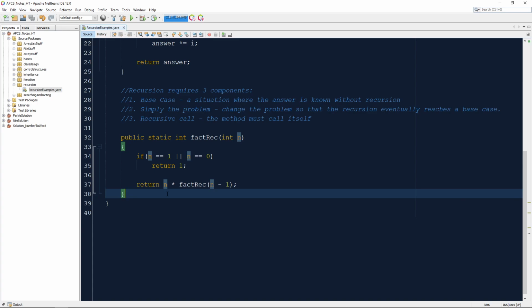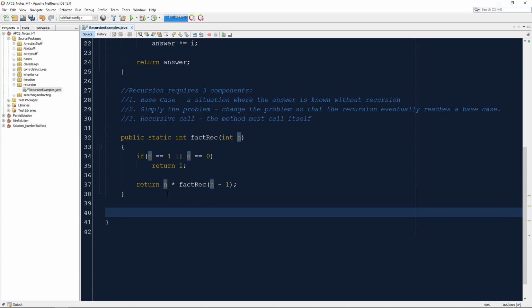We'll do one more example here, and again, this may be something you've heard of, and the reality is it is commonly implemented, at least naively, with a recursive solution, though it is not very efficient, and we're going to draw a diagram that shows why this is not efficient. We're going to try to implement a method that gives us the Fibonacci numbers. If you don't know what the Fibonacci numbers are, the Fibonacci sequence